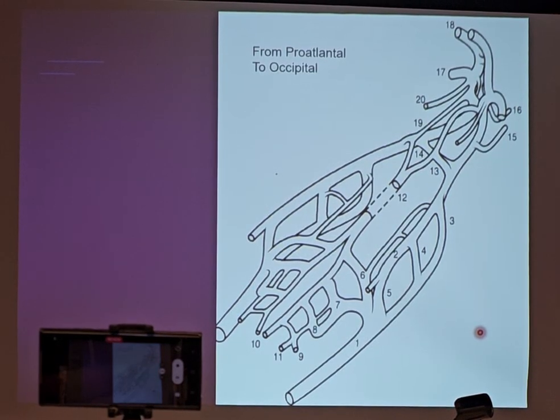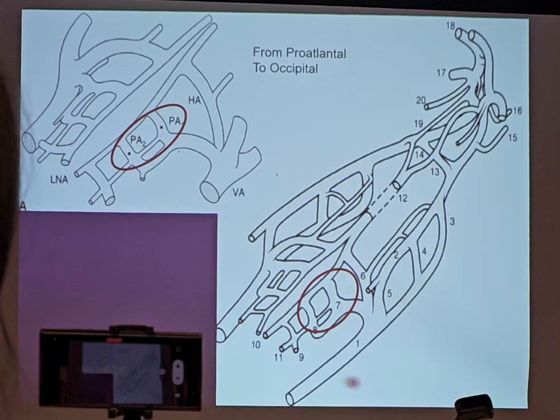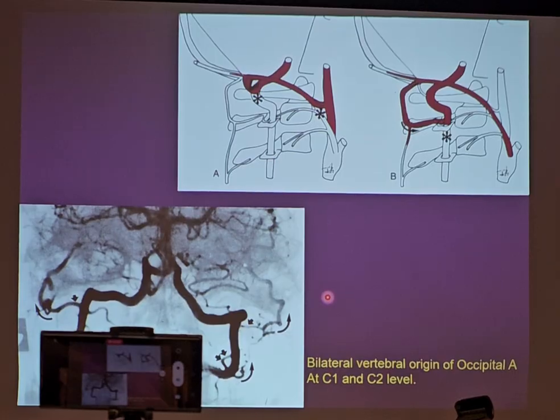We start to talk about the first system, the first artery, which is the proatlantal 1 and proatlantal 2. I remind you that it comes from here, and the connection is probably highly related to the intersegmental artery that is becoming the vertebral artery already. So this is not so surprising that when you inject the vertebral artery,